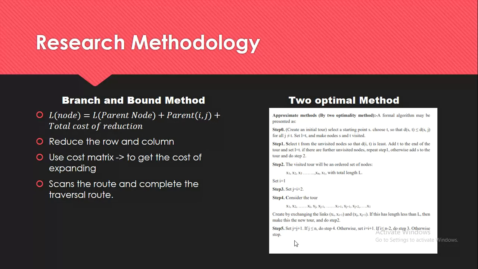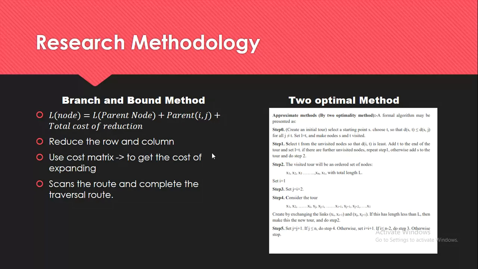Going deeper into the methods implemented in the paper, the authors implement the branch and bound method using these equations in order to find the total cost of reductions. The first step is to reduce the rows and columns that contain the minimum value,